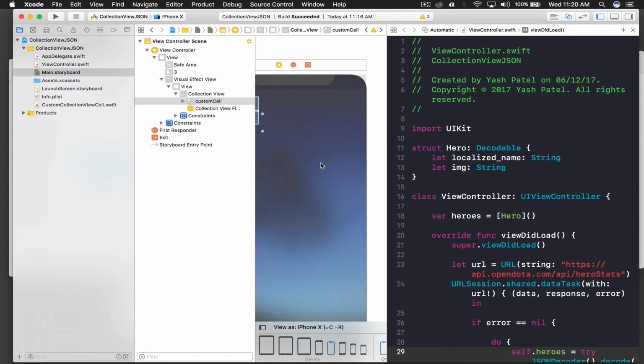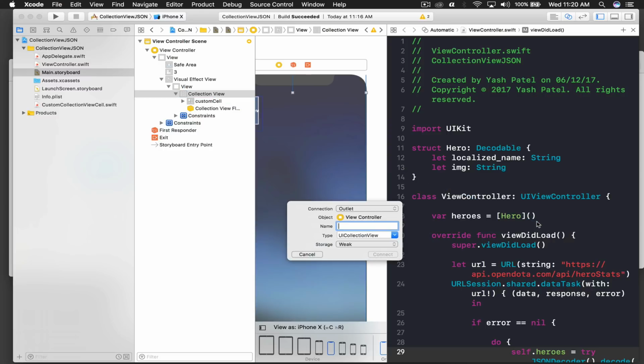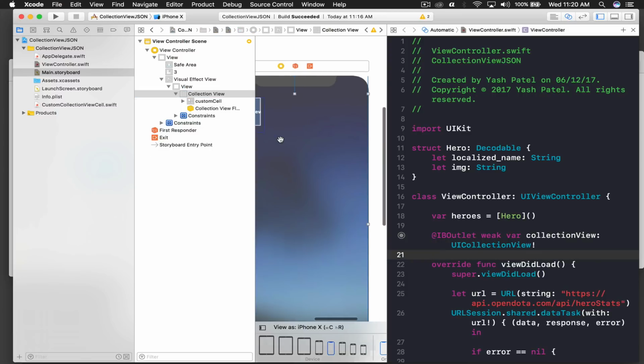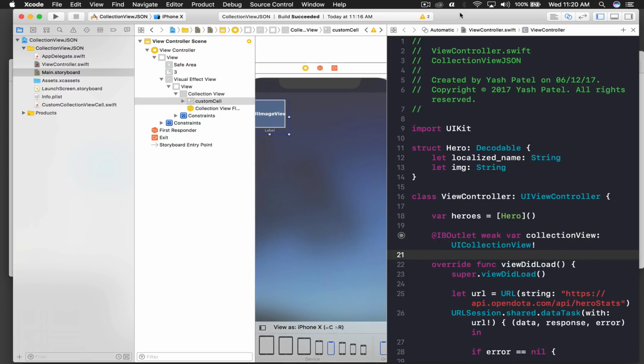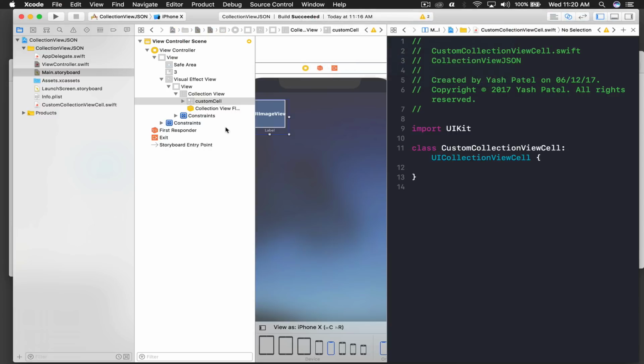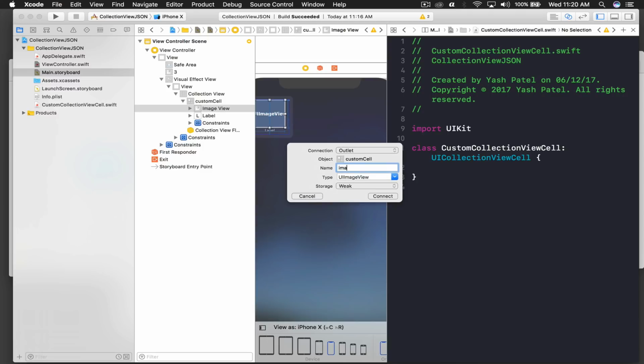So the final part. So this is our view controller. Here we need our collection view outlet. So I'll drag and drop here, and I'll say collectionView, and hit enter, just some spaces. And now I will select my collection view cell here, and it should change automatically. It did not change, so I'll just go to manual, collection view, and select my custom collection view cell here, and from here I will select image, and I will drag and drop here, and I'll say imageView,